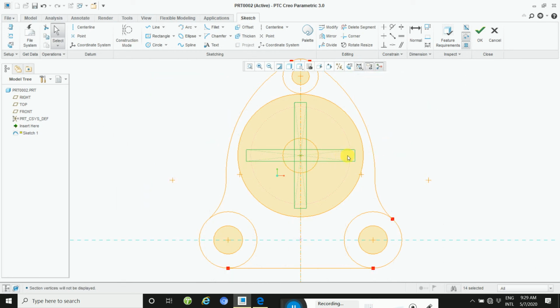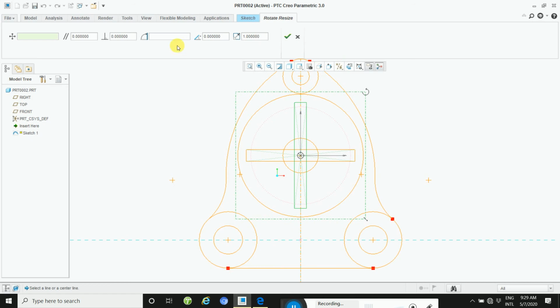So how to move this? Yeah, how to rotate this? So select this, this, and this, and then go through the rotation, and then apply here 45 angle. Okay, this way.